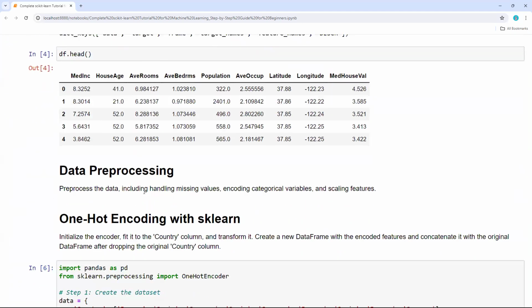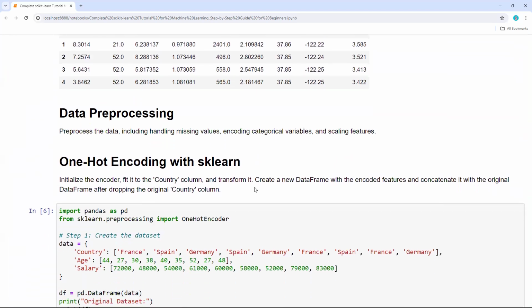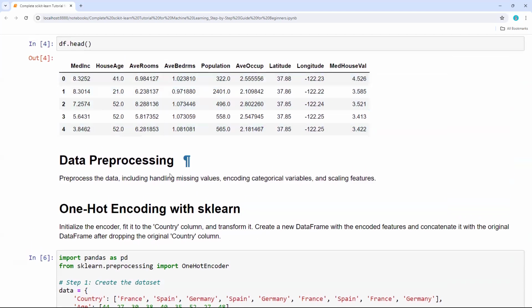Data pre-processing. I have imported the data successfully and now I have to pre-process the data. Pre-processing the data includes handling missing values, encoding categorical variables, and also scaling features. If I have any missing values in the data set, I need to fill those missing values with the required condition. If it has categorical variables, I need to fill them as per the use case and the problem statement. Since my data set does not have any null values, and I already covered filling null values in the basic pandas tutorial,